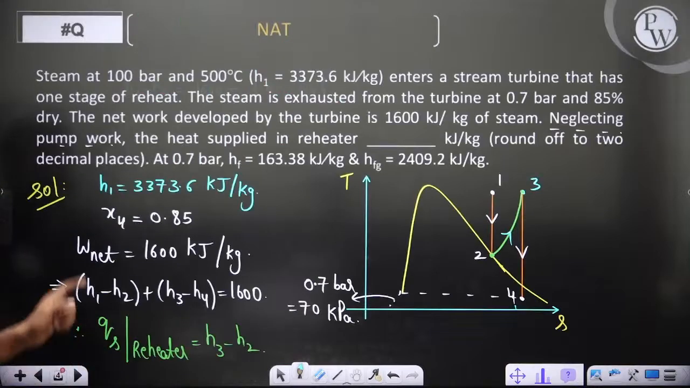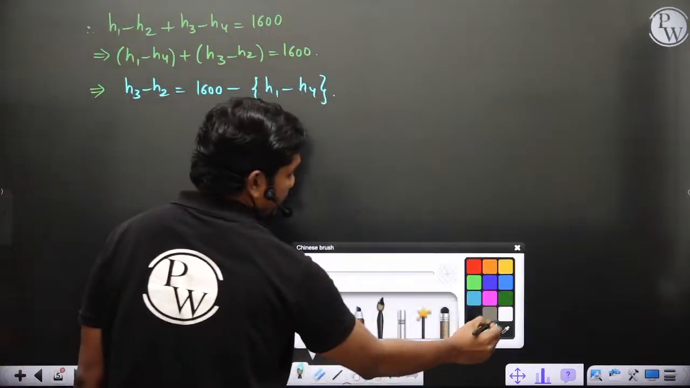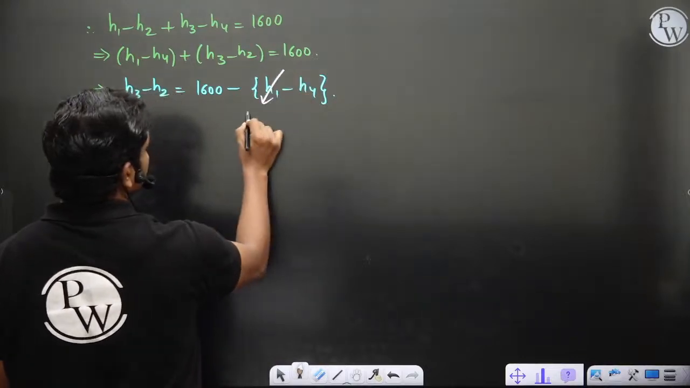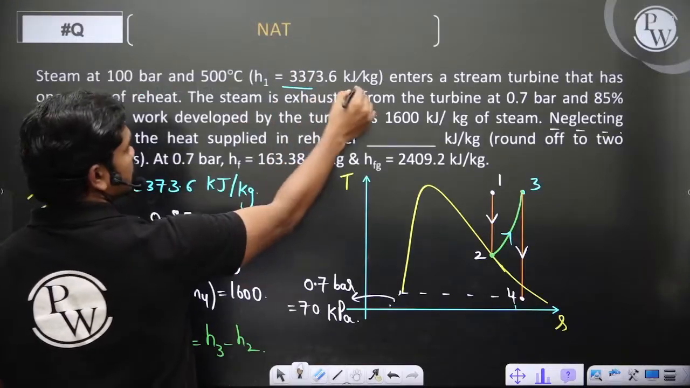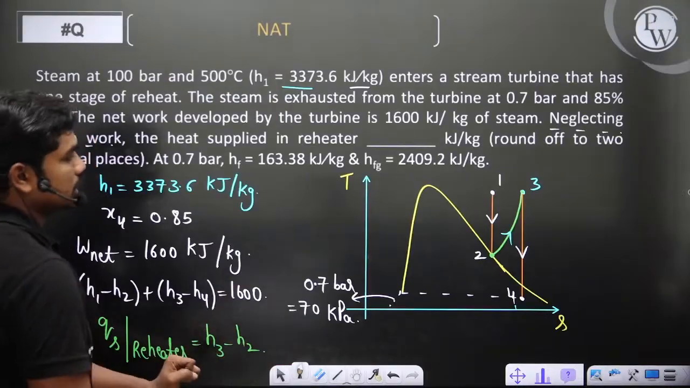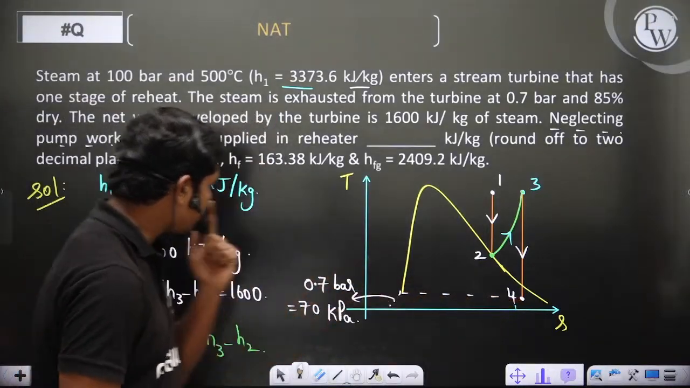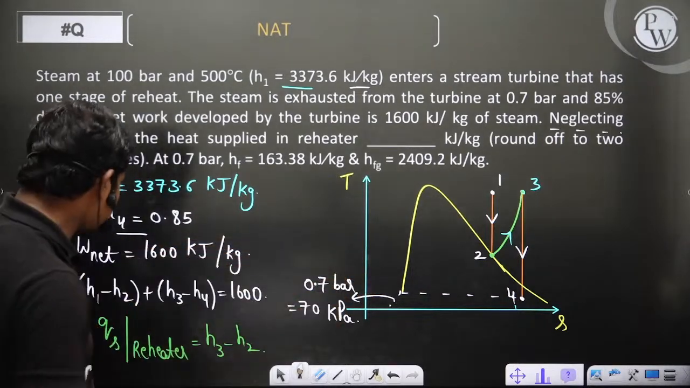Let us see. H1 value, they have directly given, 3373.6. The unit should be in kilojoule per kg. Yes, it is in kilojoule per kg. And what about H4? So 4 is this state. At this point, the dryness fraction they have given you, which is 0.85. So H4 value is nothing but